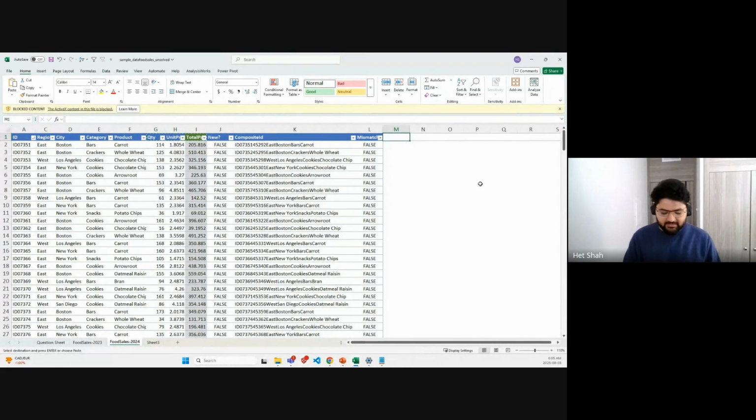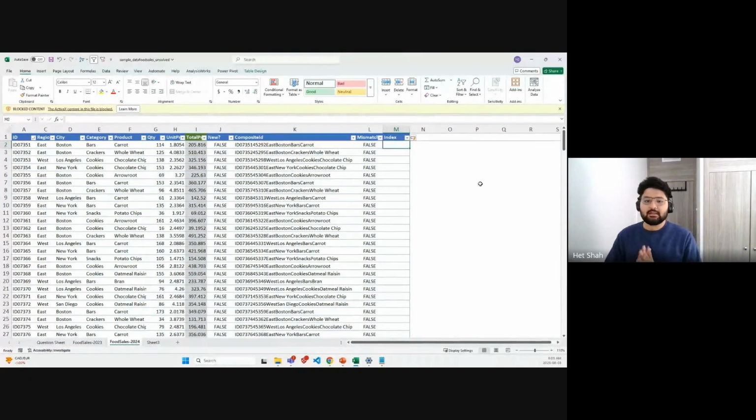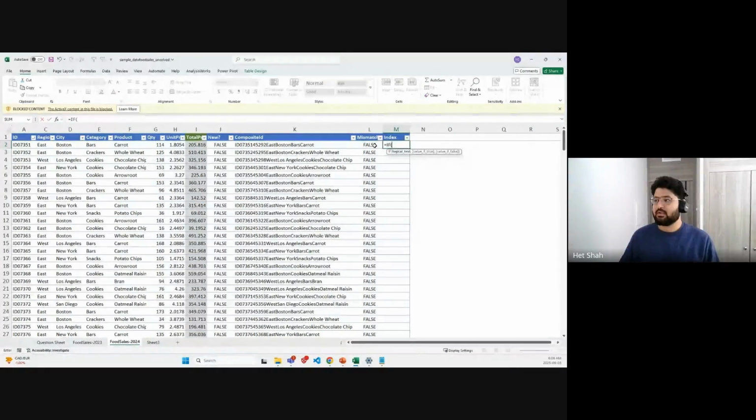I'm going to create an index. It will get clear why I'm creating an index. I'm just going to create an index and then I'll explain it. Our index is just going to be a number system that refers to each and every row. So it's just going to be equal to IF